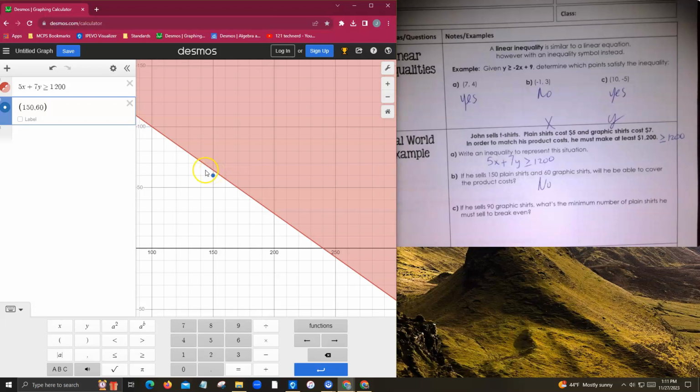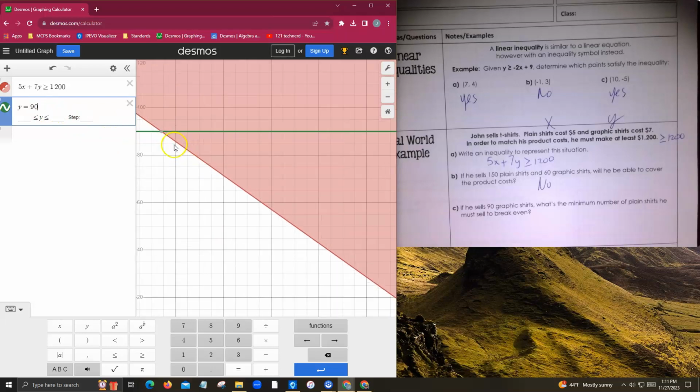All right, so what they want to know is if he sells 90 graphic shirts. Remember, graphic shirts is Y. So if Y is 90, I don't want to use an ordered pair. I want to use an equation when Y is equal to 90. Okay, so Y equals 90. I can see where I hit the red line. If I hover over that, it says 114.90. That means I need